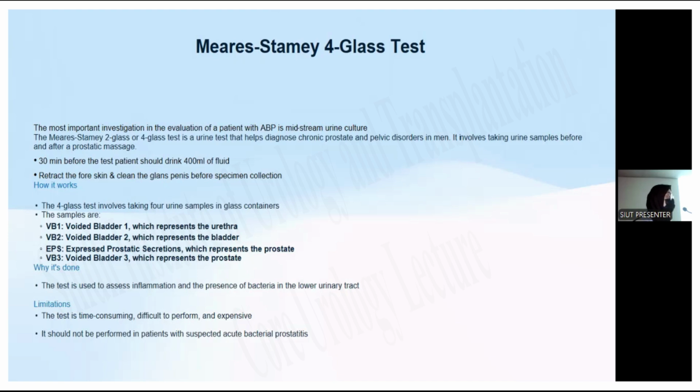Thank you, Dr. Asad. I wish to add one more thing about 4-glass tests. I saw 4-glass tests in my residency with one orthodox urologist, but there was no change in the management of the patient. We performed this test 2 times. Although the patient was not going into urosepsis or further deterioration, it did not change our management. It does not aid anything further.